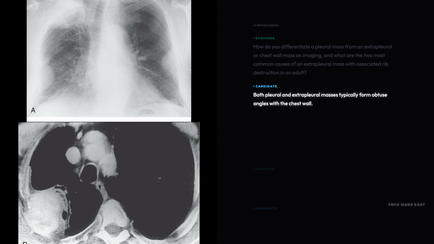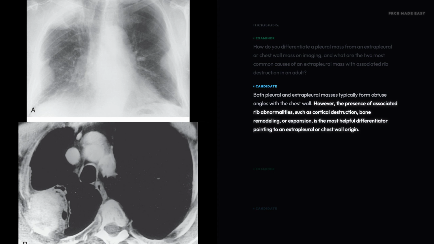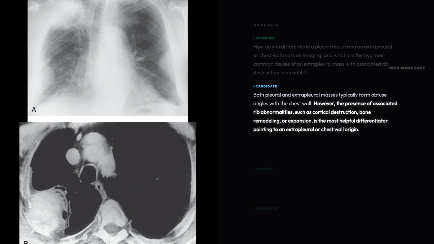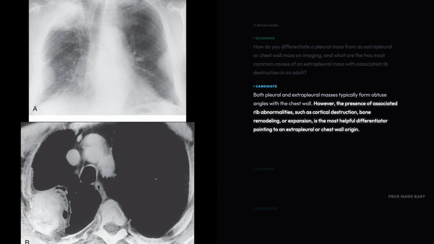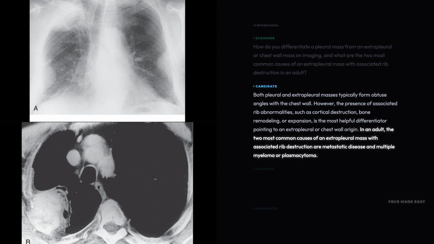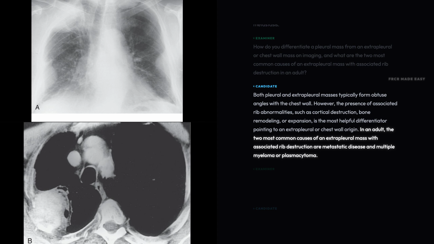Both pleural and extrapleural masses typically form obtuse angles with the chest wall. However, the presence of associated rib abnormalities, such as cortical destruction, bone remodeling, or expansion, is the most helpful differentiator pointing to an extrapleural or chest wall origin. In an adult, the two most common causes of an extrapleural mass with associated rib destruction are metastatic disease and